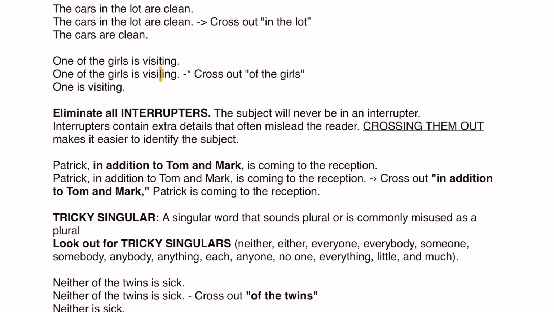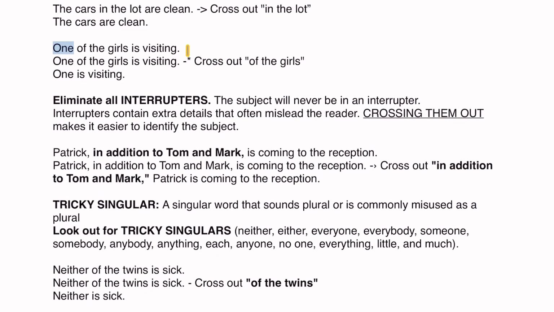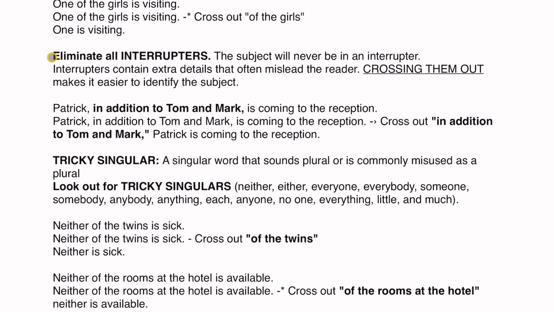تعال نبص على الجملة لو شلنا بقى prepositional phrase. One of the girls is visiting. Cross out of the girls. الغي لي of the girls. بقت one is visiting. One طبعا singular فis و1 agreement، يبقى subject verb agreement هنا مظبوطة. يبقى لما شلنا ال prepositional phrase of the girls وضحت مين السبجكت. لأن لو شفت الجملة دي as it is ممكن بسهولة تفتكر إن girls هو السبجكت. أوكي؟